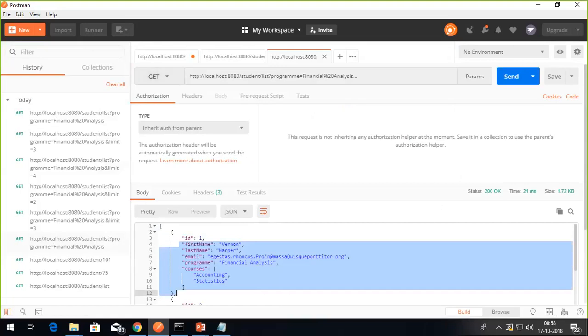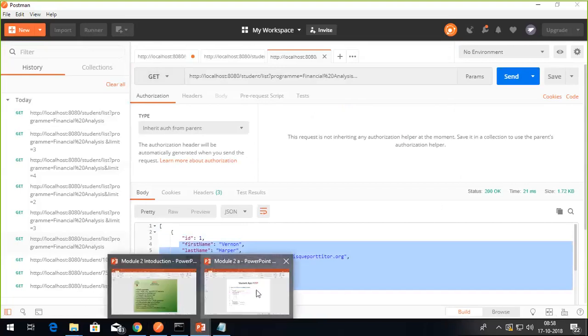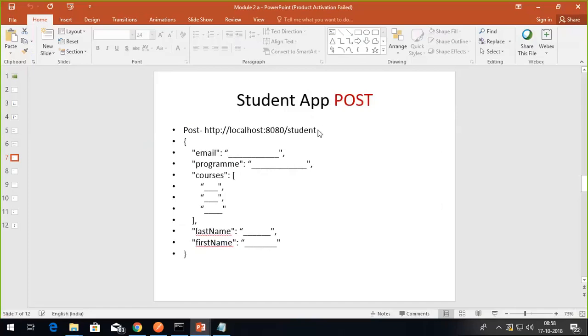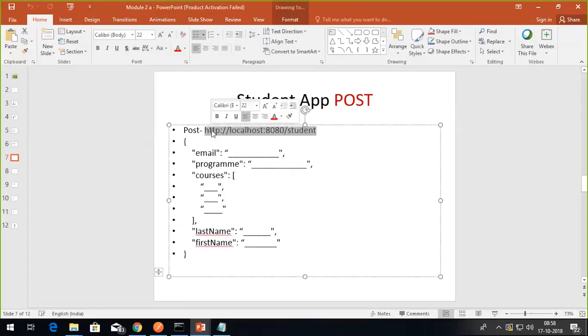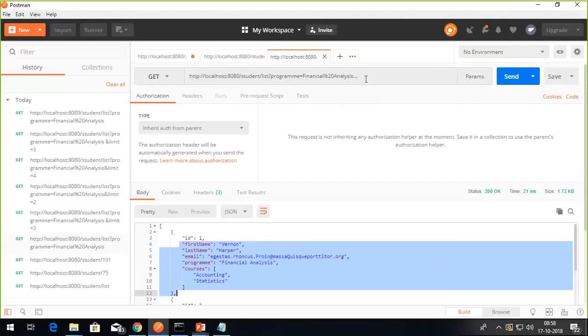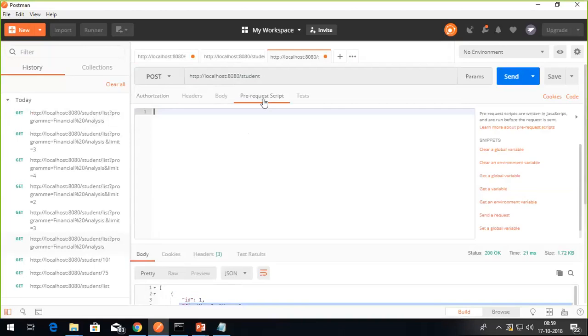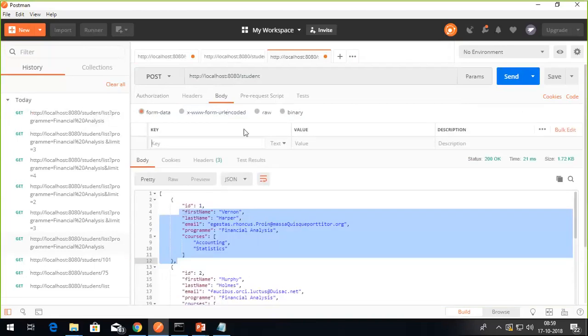So first of all, I need the URL on which I'll fire up the post request. So this is my URL and the base path on which I'll fire it up. Now instead of get, I'll change it to post, and I have to go to the section called body,